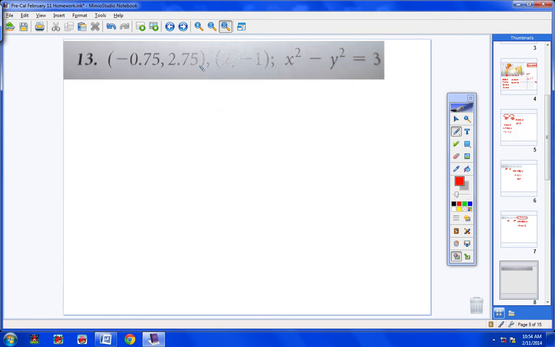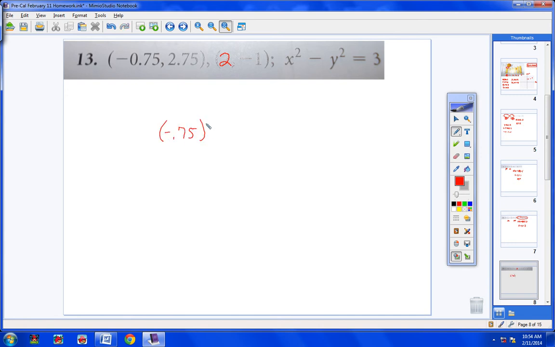Let me check the book here. I believe that this is a 2 right here. Yes, it is. And I'm not sure why they give us these really weird decimals. A little bit of a pain there, but that's okay. Let's go ahead and take this ordered pair right here, and let's substitute it in. Now notice we have some squared variables, no big deal. So I would have